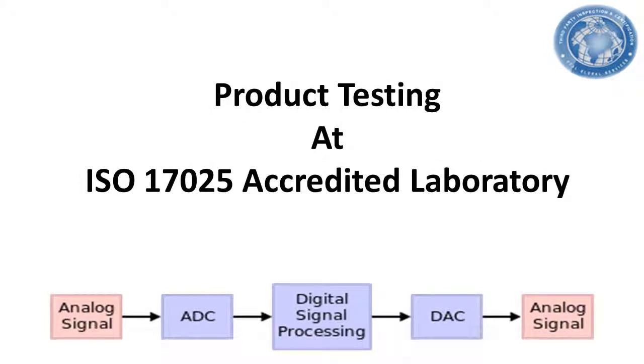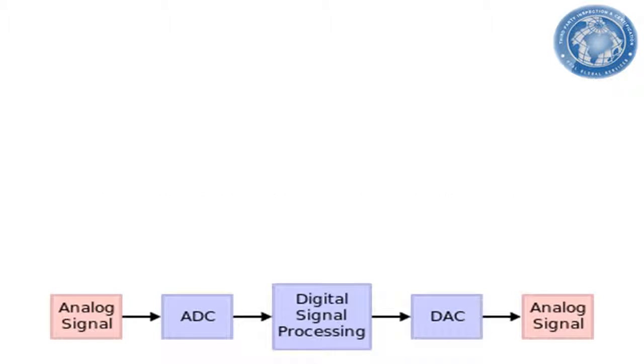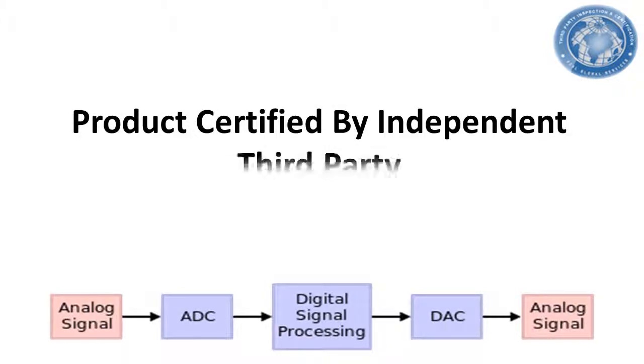Wherever you need any technical assistance, we can help you to solve the problem and demonstrate the compliance. We also can help you to make the technical file which can be used for your CE marking process. We can help you to get your product certified by independent third party which can be either Indian or European product certification body.